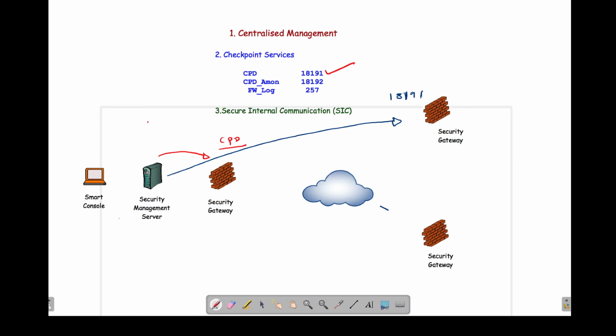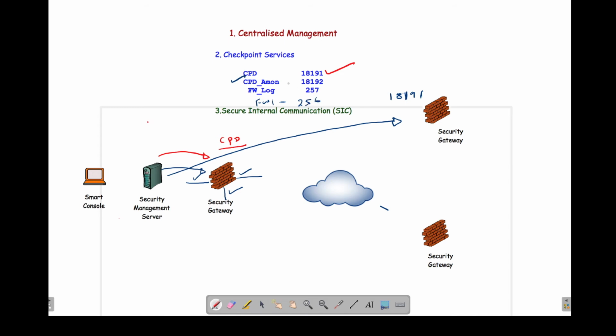For example, I want the management server to get the topology of the firewall. I want management to understand how many NIC cards are there on the firewall, which IP addresses are enabled on a particular NIC card, and which networks are behind it. Then again the management server opens a connection to the CPD AMON service, running at port number 18192, and also the firewall 1 service running at port number 256.